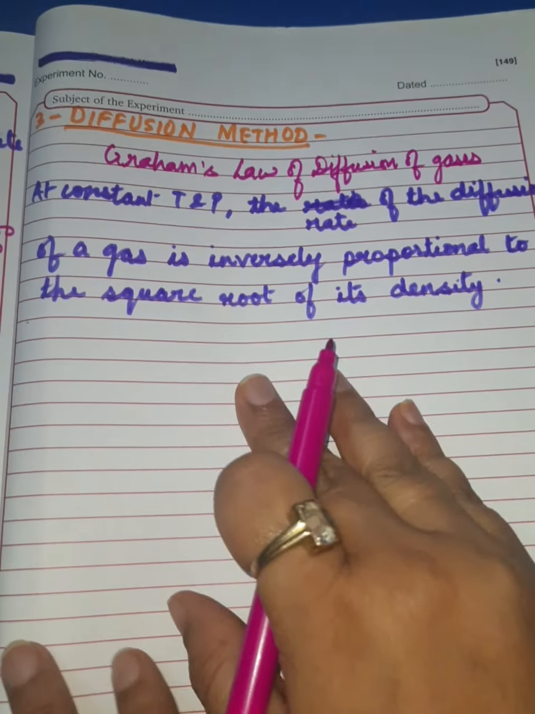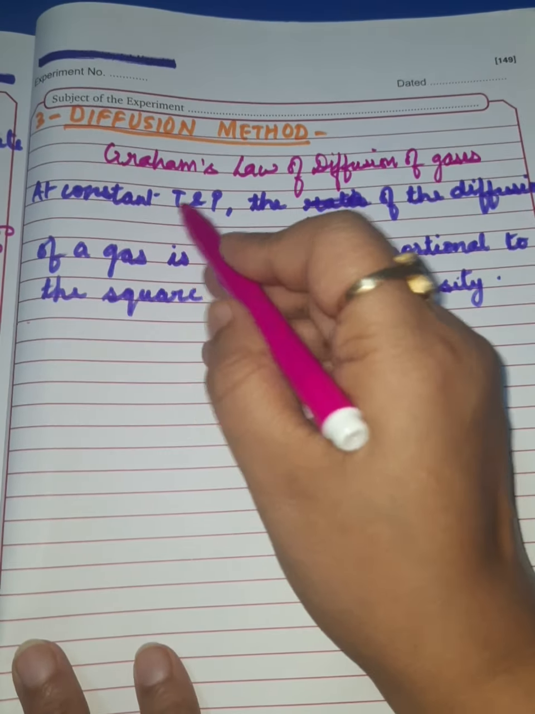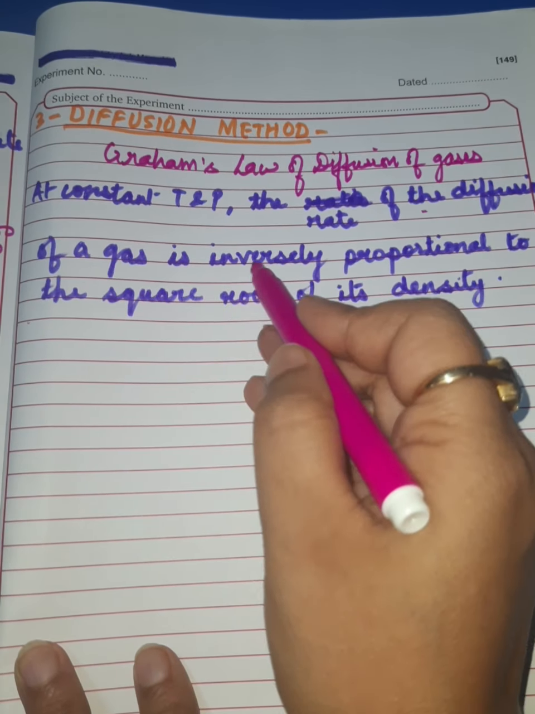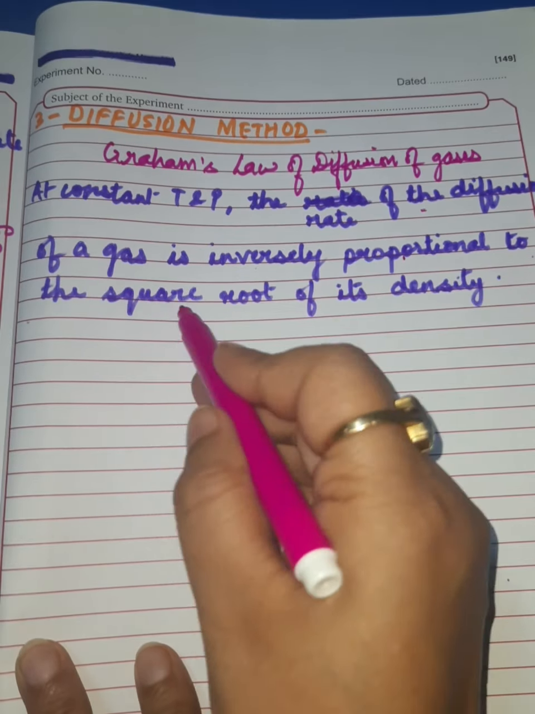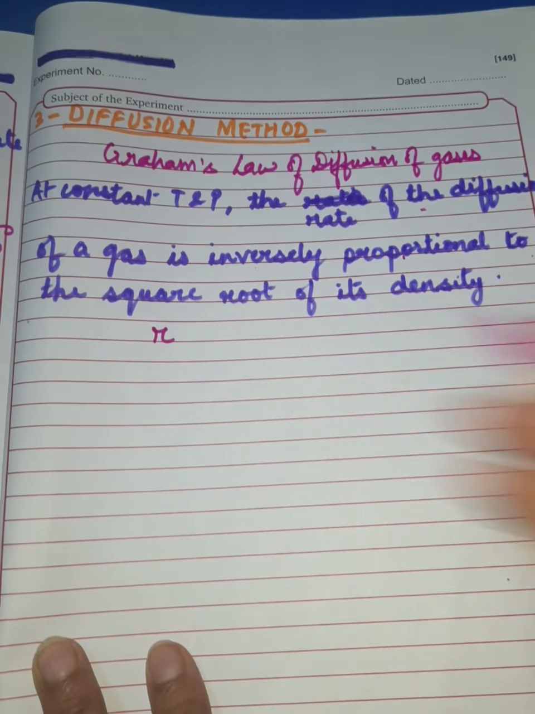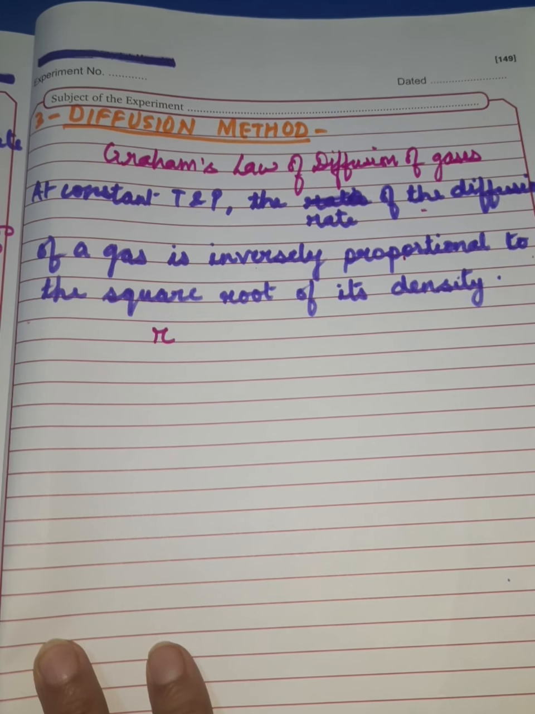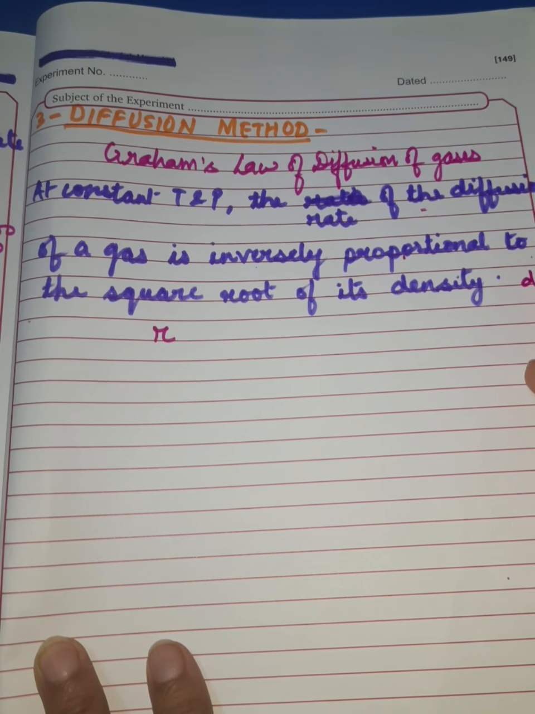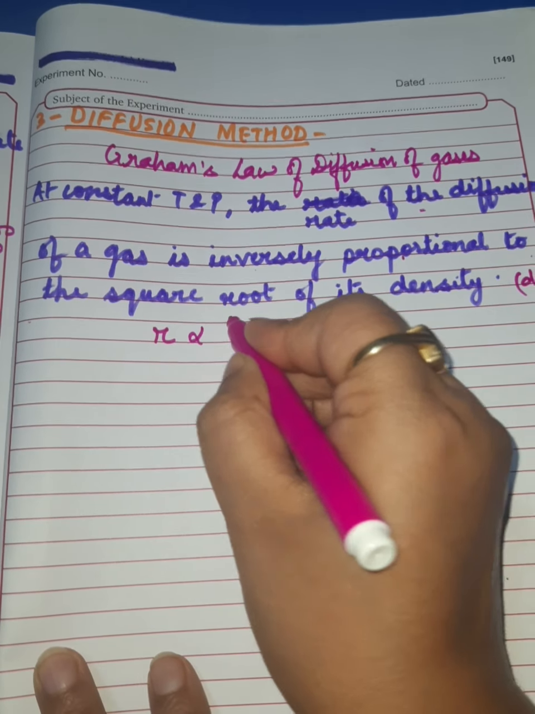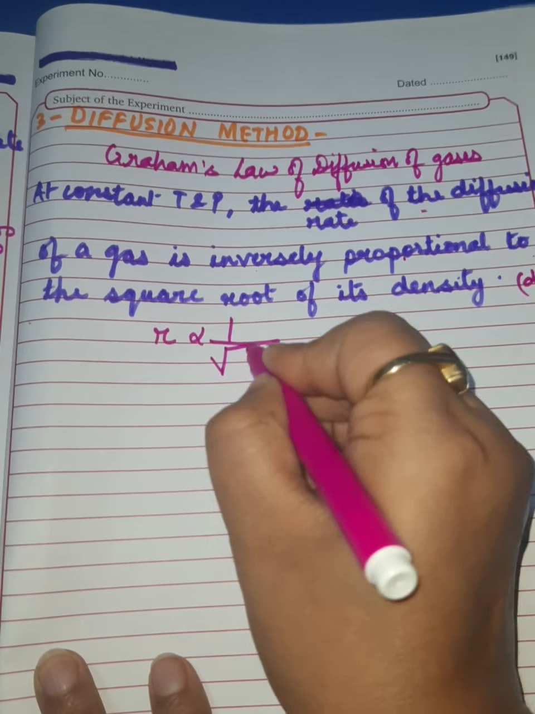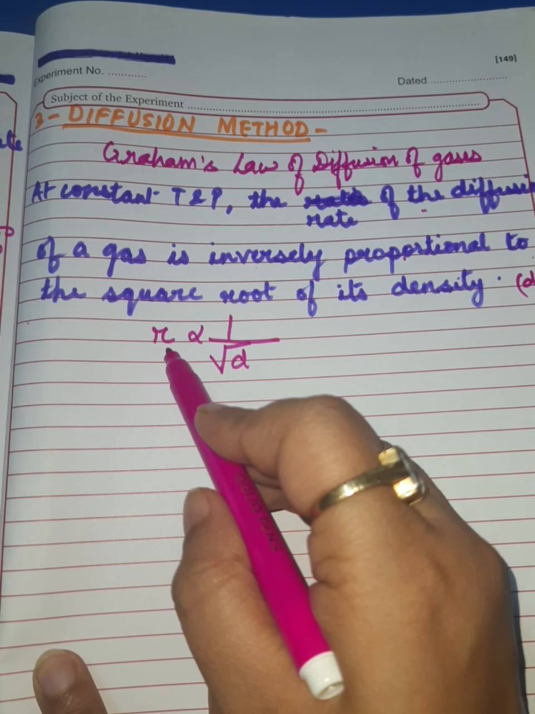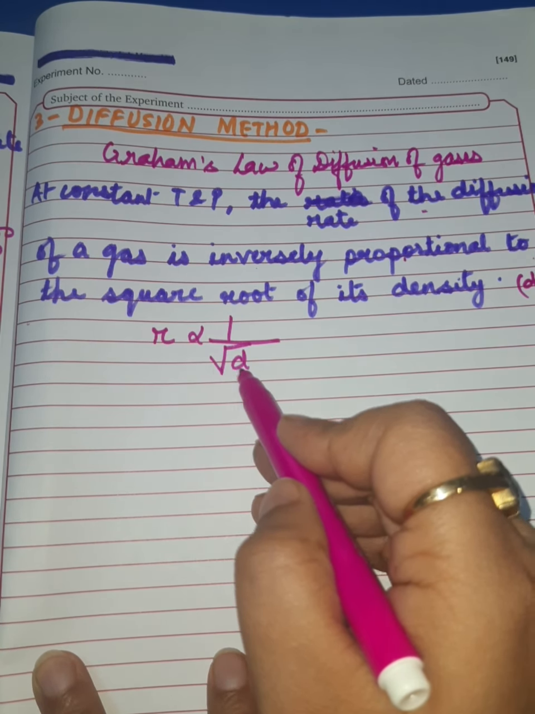See, this is the statement of the law. At constant temperature and pressure, the rate of the diffusion of a gas is inversely proportional to the square root of its density. Let us assume small r as the rate of the diffusion of the gas and its density is d. So according to this statement, r is directly proportional to 1 upon root of d. That's what, as per the statement, the rate of diffusion of a gas is inversely proportional to the square root